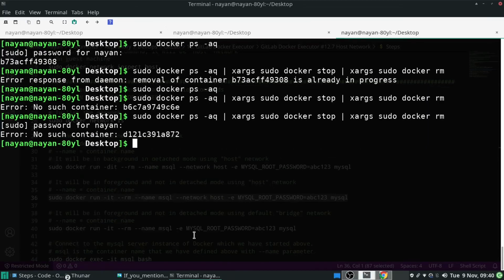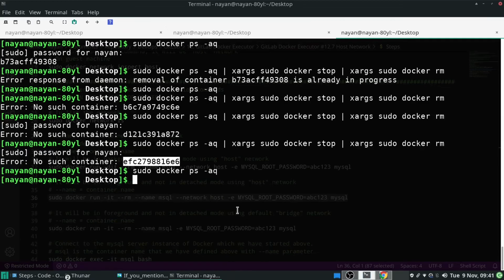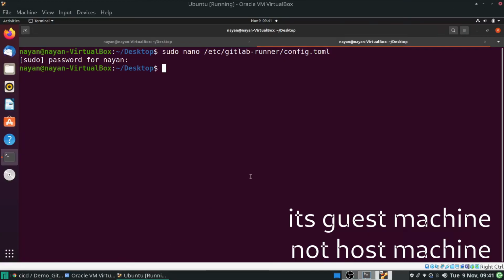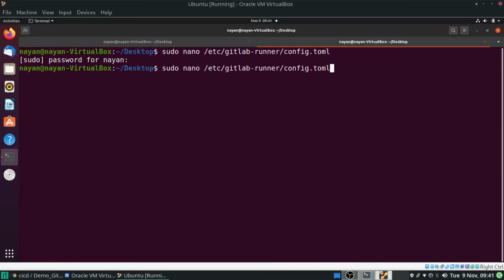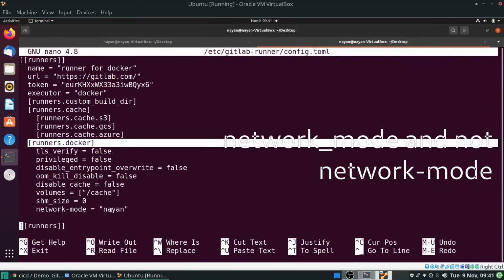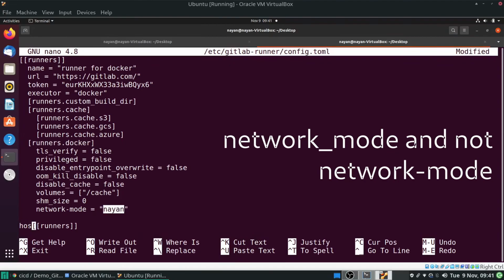Now first of all, let me close this container. I will stop this container and then remove it. Next, I will go to my config.toml file on my host machine, and under this runners.docker section, I will change the network mode from Nayan to host.